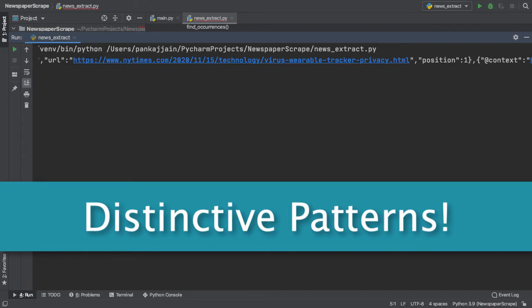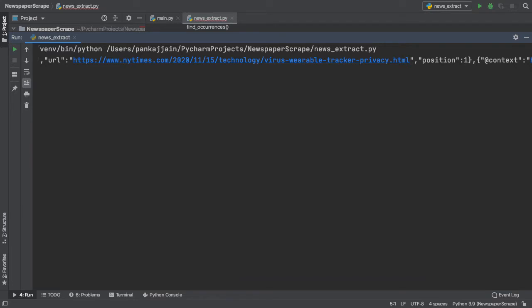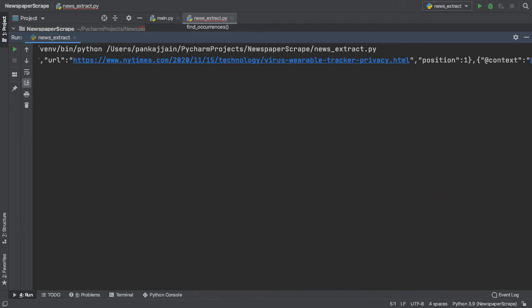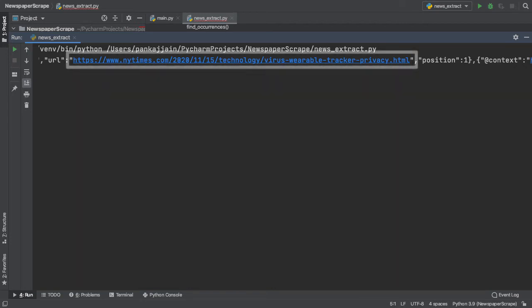Awesome, but before we go on with our method, we need to find some distinctive patterns about these article hyperlinks. This is always very important when you're performing URL extraction. You want to find patterns amongst all the hyperlinks so you can uniformly extract them without having to do it manually. So here on my screen, as you can see, this given article hyperlink has the following sequence: